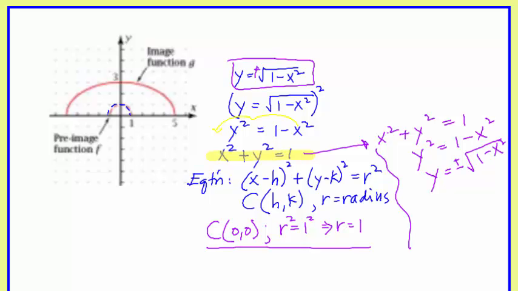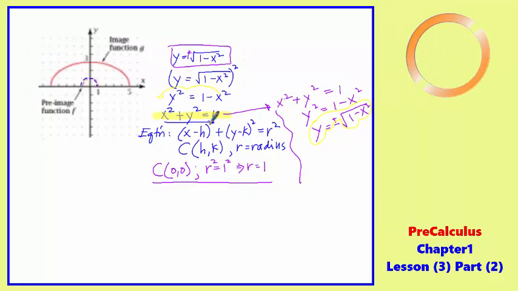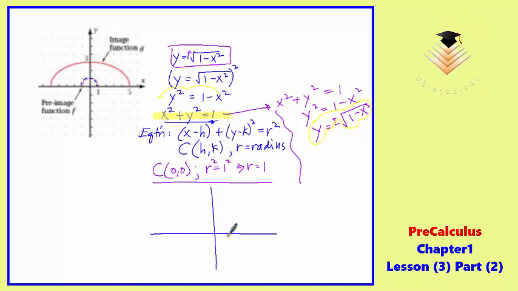Now we are very much concerned only with the positive part of our original function for the circle x squared plus y squared is equal to 1. So if we're going to graph it, we have